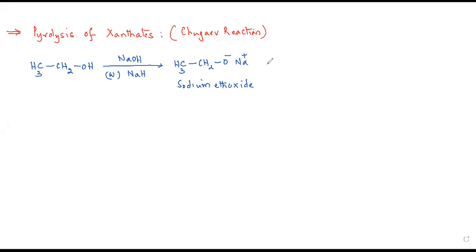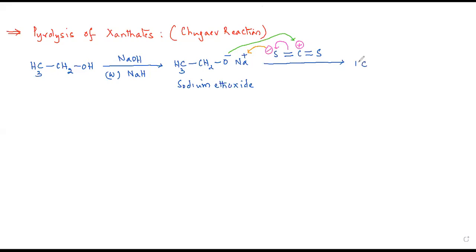Now, this sodium ethoxide reacts with carbon disulfide. Look at this. Let us take it this way. Now it's simple. Minus to plus, minus to plus. O minus with this. Similarly, this minus with this plus. Okay. Now,